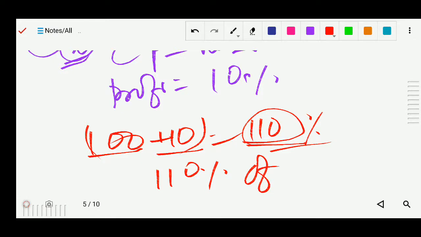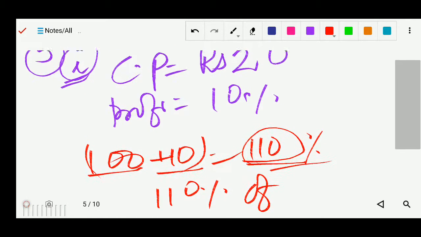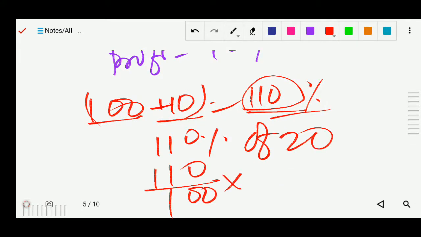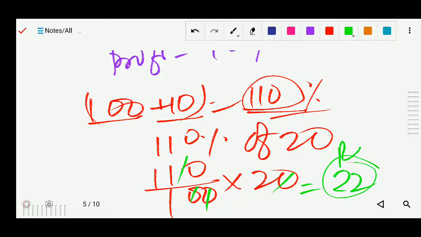110% ऑफ दिस कॉस्ट प्राइस, दैट इज 20. सो 110, आप परसेंटेज को हटाओगे तो वो नीचे डोमिनेटर में 100 मल्टीप्लाई बाय 20. सो दिस 0 0, दिस 0 कैंसिल, 11 2 जा 22. सो आंसर आ गया हमारा 22. This is the one method. Okay, so that we have used.